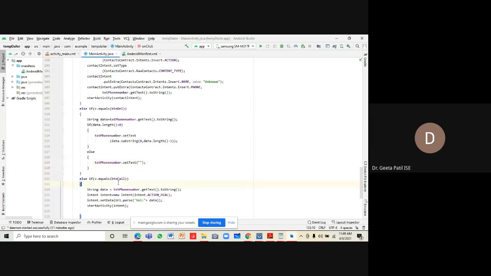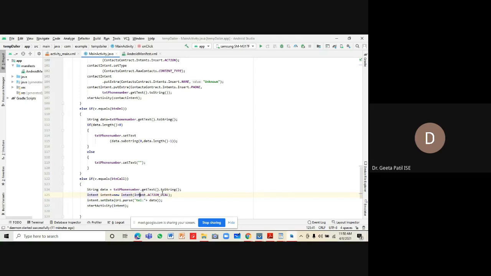And now when the call button is pressed, again we are making use of another application, so we require intent over here. When the call button is pressed, we are storing the phone number, txt phone number dot get text to string, in the string variable by name data, calling intent, and it takes an action, intent dot action dial.